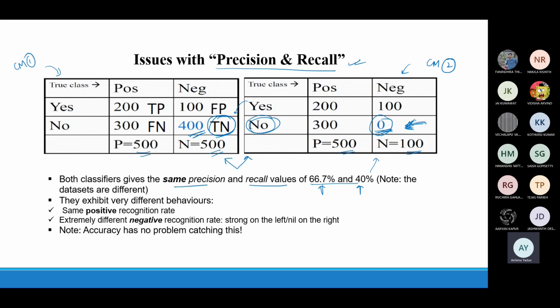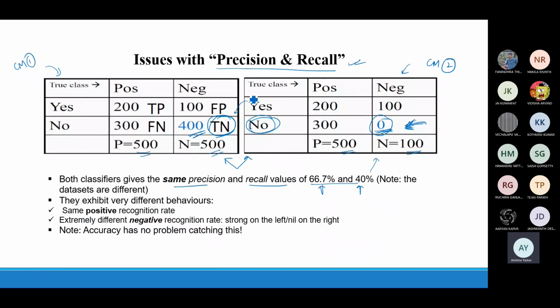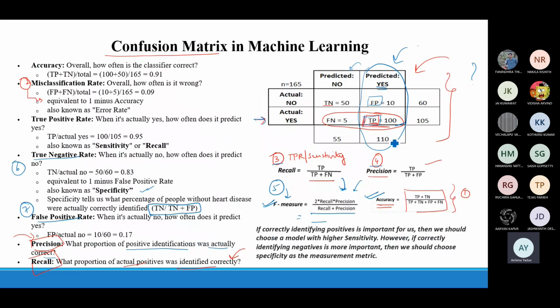So this will not give a clear picture of what is the problem in this particular model, because precision and recall, if you look at their formula, are not utilizing the true negative value in their formula. They are not using it. So that's why we'll switch to another parameter, say accuracy. If we use accuracy, you can see accuracy is using each and every parameter here.